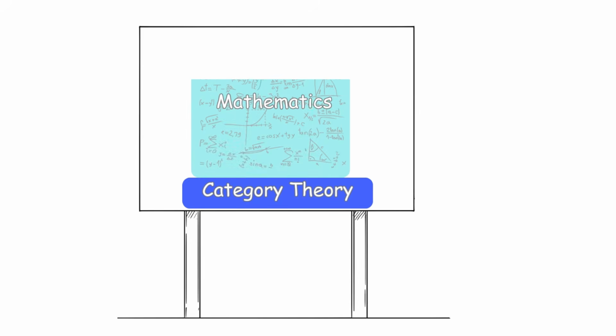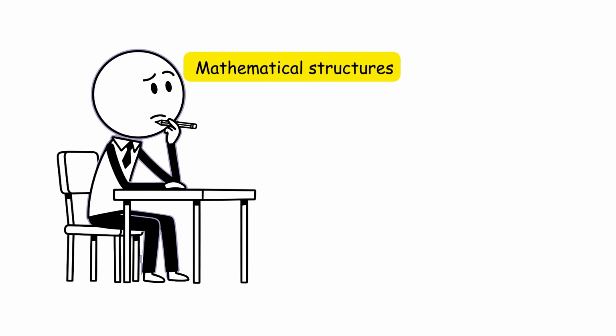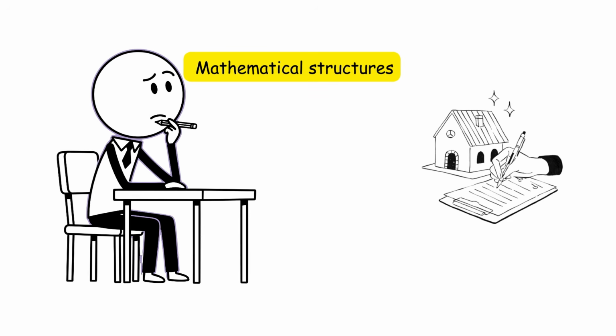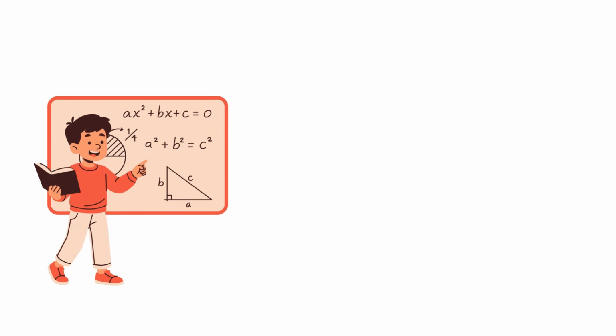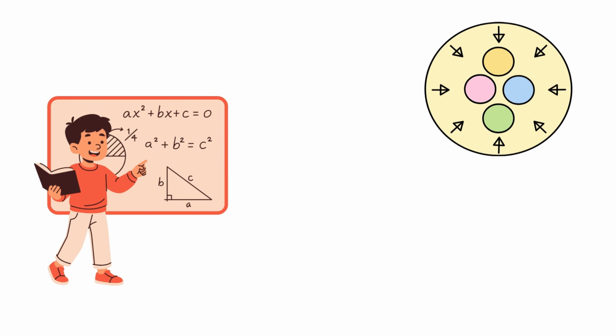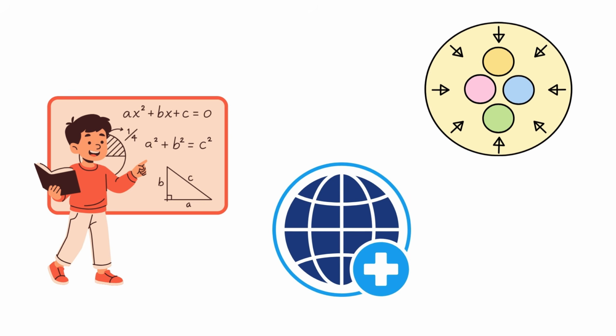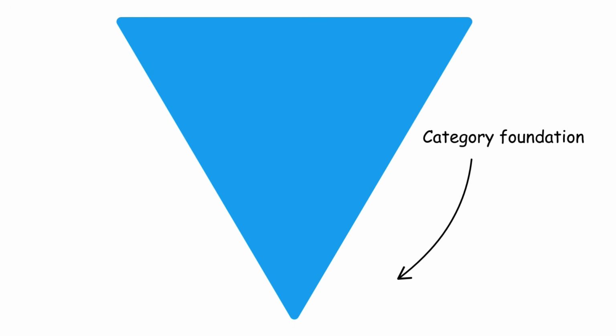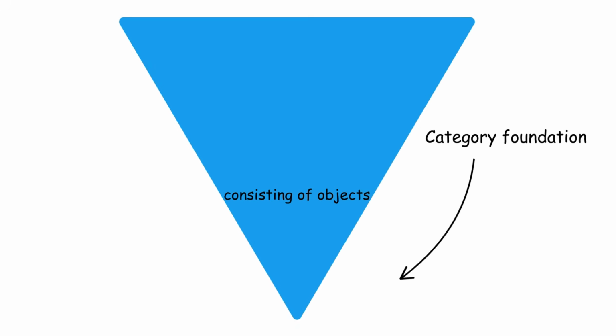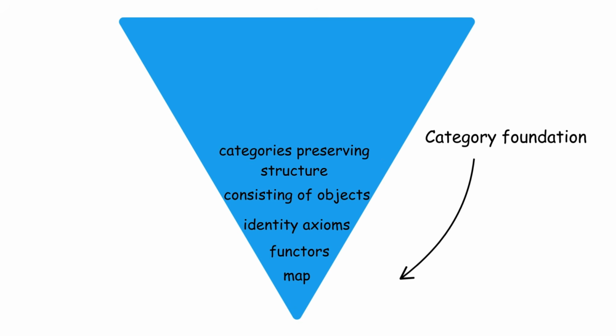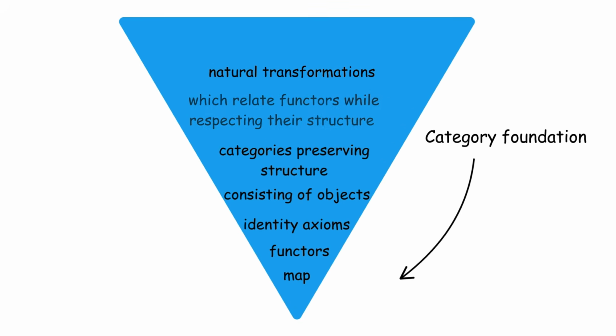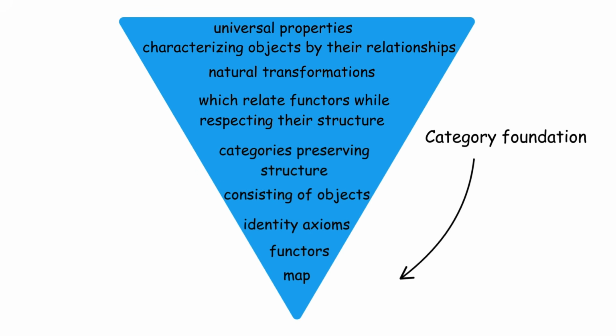Category theory provides an abstract framework for mathematics, studying mathematical structures through their relationships rather than internal properties. It unifies diverse mathematical fields by identifying common patterns and universal constructions. At its foundation lies the category, consisting of objects and morphisms between them satisfying associativity and identity axioms, functors, which map between categories preserving structure, natural transformations, which relate functors while respecting their structure, and universal properties, characterizing objects by